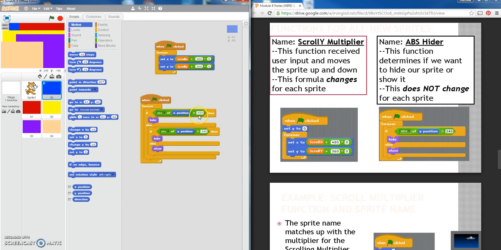And now you have the X position is greater than 454, hide, else Y position is greater than 440, hide, else you show. So these two things are going to go in both of them. So I'm going to stop for right now and